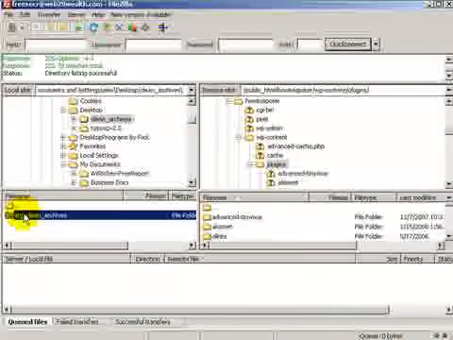You simply provide your domain name, your username, your password, and then quick connect, or you can preset the sites. Then you navigate. This panel is your local folders, and this is your remote folders. Simply navigate to the Clean Archives, which in my case is on desktop within the Clean Archives, and you will find this